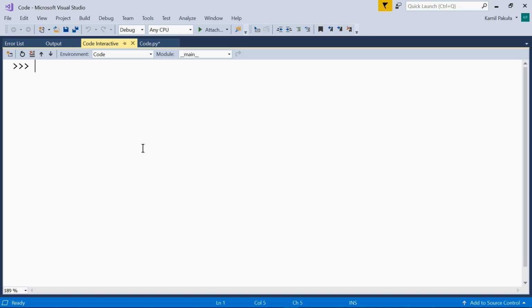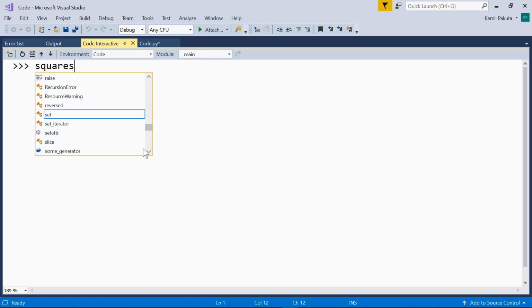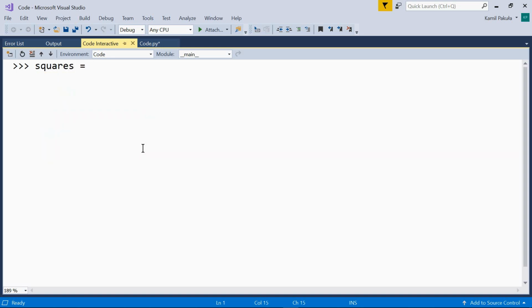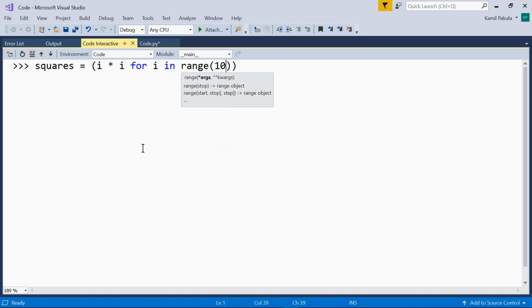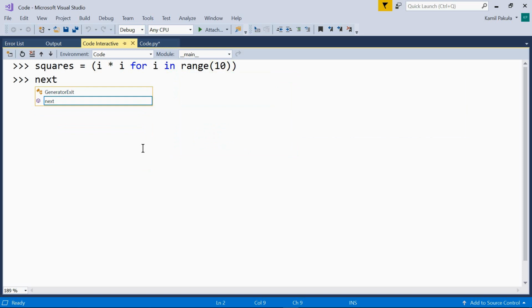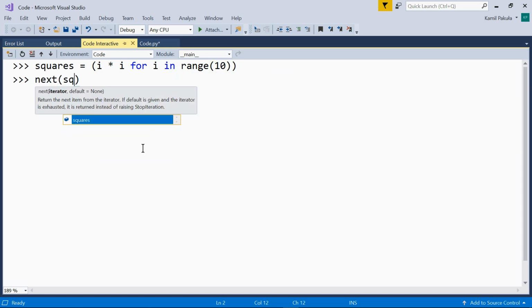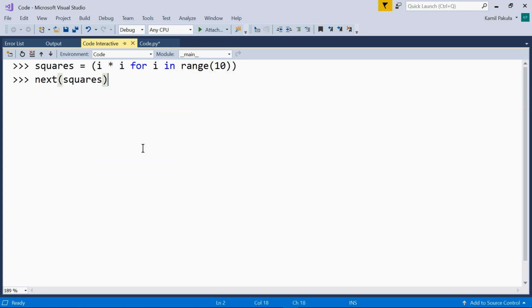First, we'll use a generator expression to generate the squares of all the numbers less than 10. So, squares equals parentheses I times I for I in range 10. And now we can use the next function like so. Next squares 0. Then we have